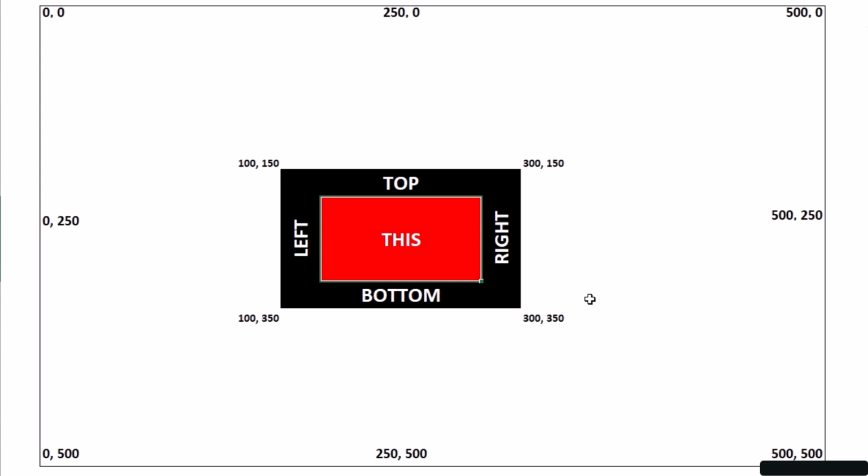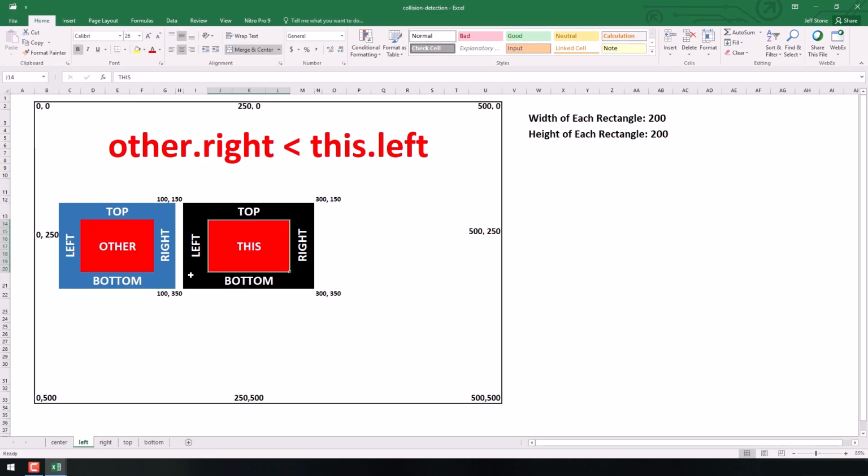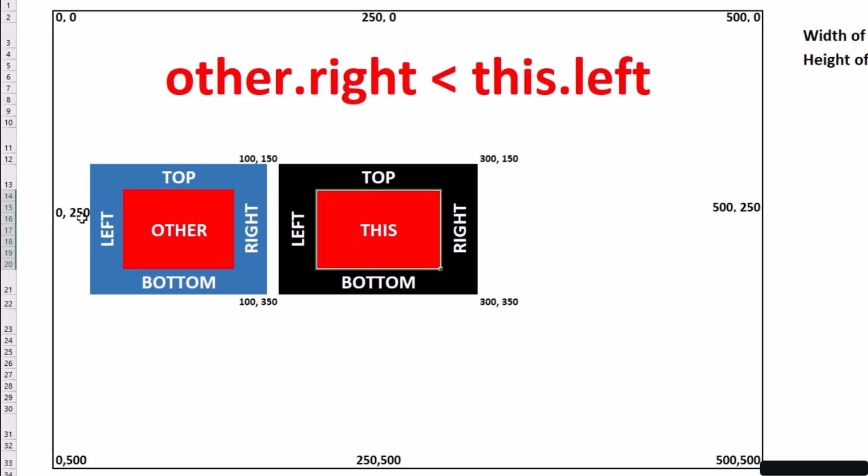Now that we have that as a basic foundation, let's take a look at interacting with another rectangle. We've added a second rectangle here. Now these numbers on the edge here are still referring just to the canvas right here. I know it's getting a little crowded right there, but that coordinate is where we are on the canvas, right? These numbers are still referring to the black rectangle right here. They're the exact same numbers we just saw on this page. It's just now we have another square that's kind of in the way, all right? I'm calling this rectangle other. I'm calling this one this, I'm calling this one other, all right?